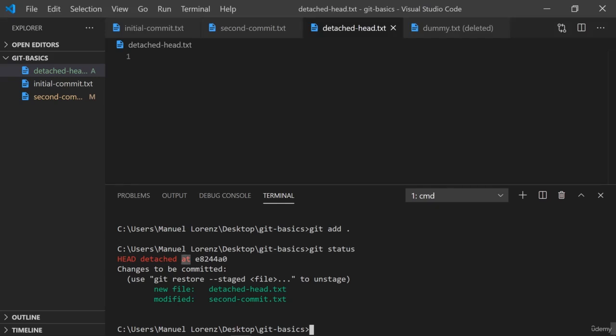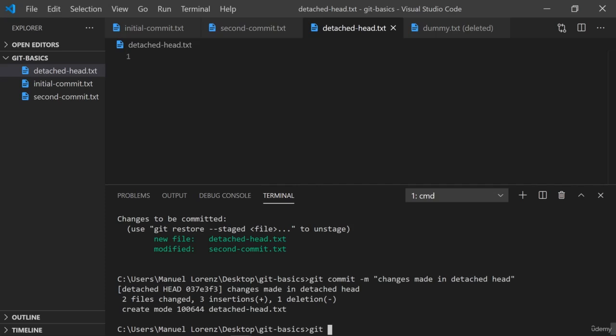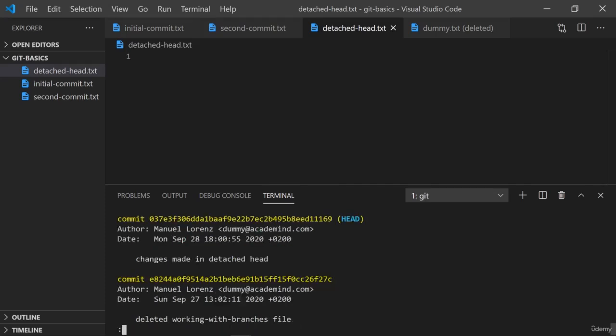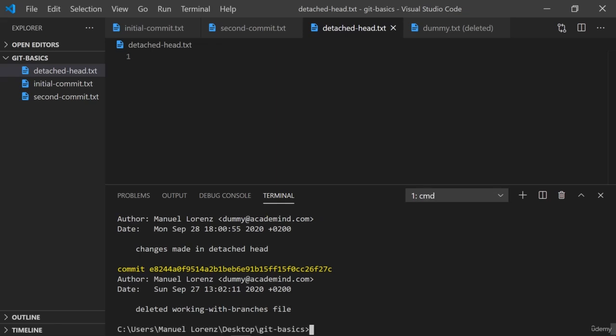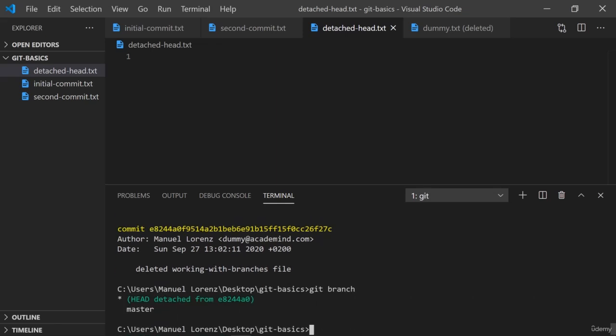But very important, you get the red warning here. These changes were applied in detached head mode. However, we can commit these changes now with our message, say changes made in detached head, like this. And if we now log this down here, you see we have these changes in here. That's nice. But if I bring back our branches once again, as I said, if we would now try to switch to our master, which we can do right here with git switch master,